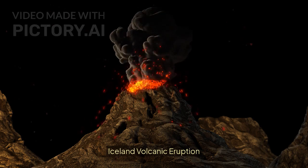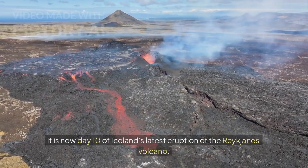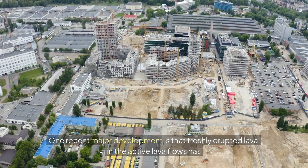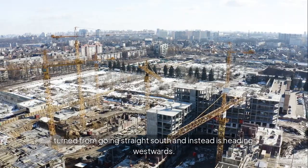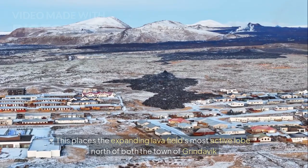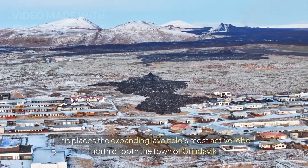Iceland Volcanic Eruption. It is now day 10 of Iceland's latest eruption of the Reykjanes volcano. One recent major development is that freshly erupted lava in the active lava flows has turned from going straight south and instead is heading westwards. This places the expanding lava field's most active lobe north of both the town of Grindavik and the dirt wall